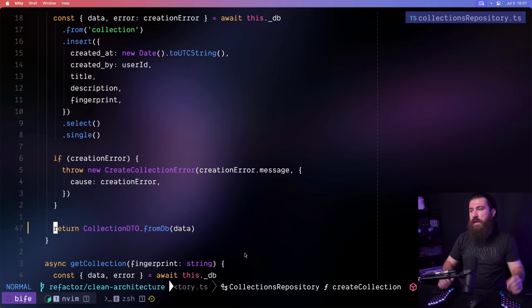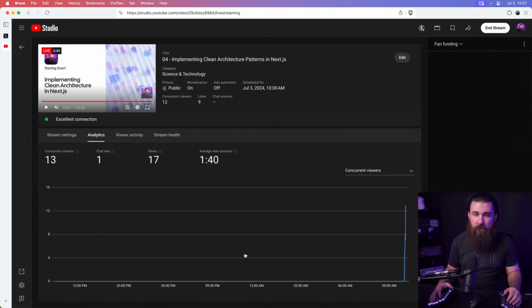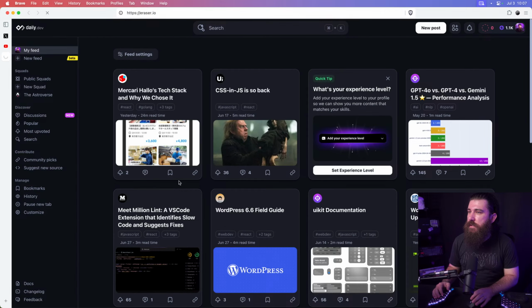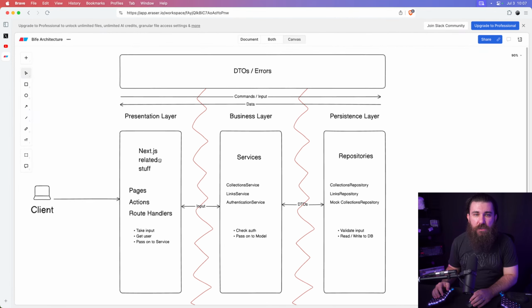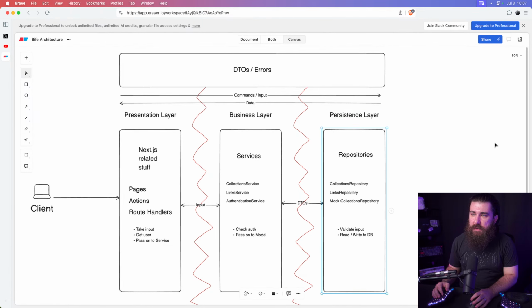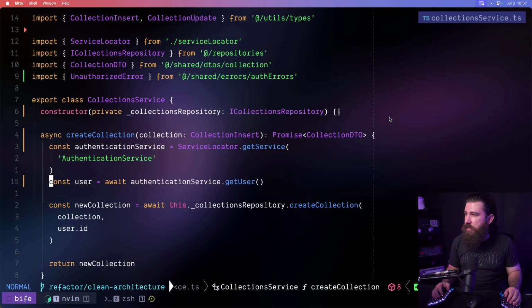Most of the errors originate from here. There are some errors in the service layer. So let me actually bring Eraser again, because this was the architecture, right? We were in the persistence layer. That was the lowest layer, and database errors originate from here. We sometimes have other types of errors, like unauthorized errors in the business layer, right? So that is the service. For example,